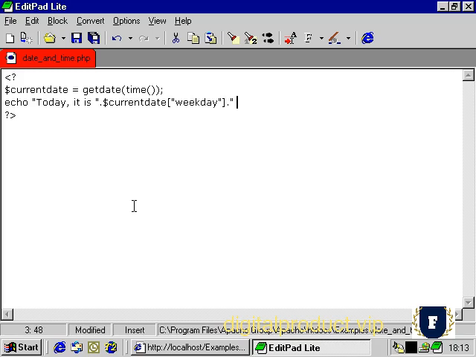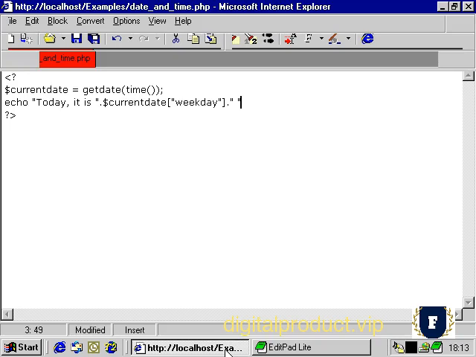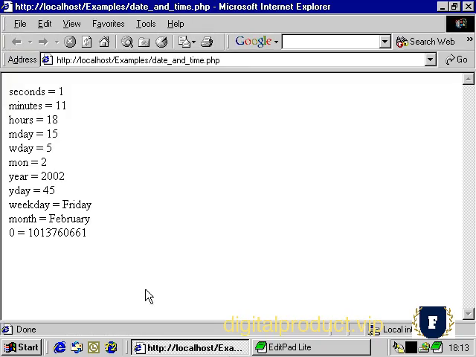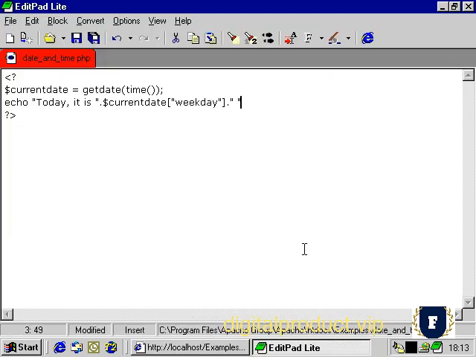We're going to use the weekday element of the associative array that we've created, this weekday element here, and then we're going to use